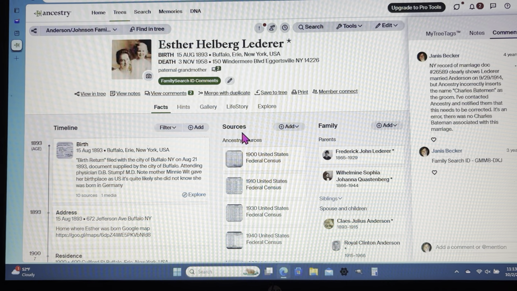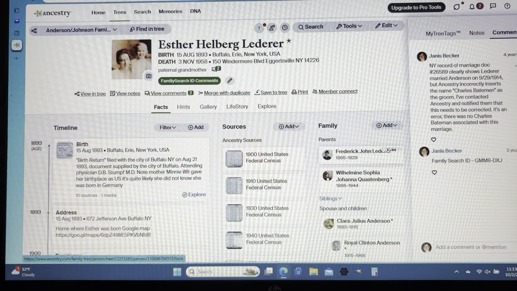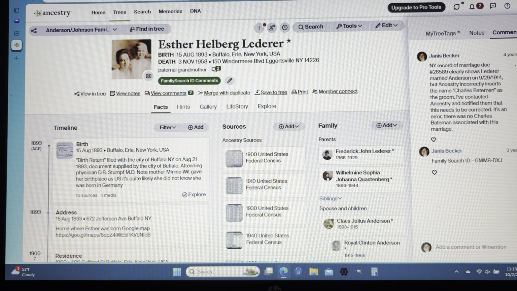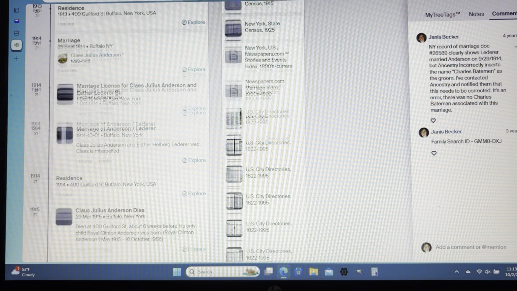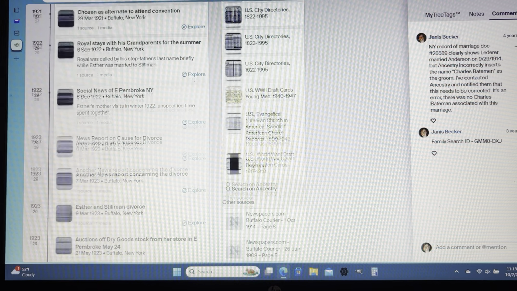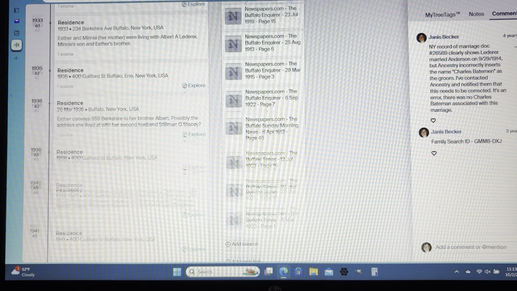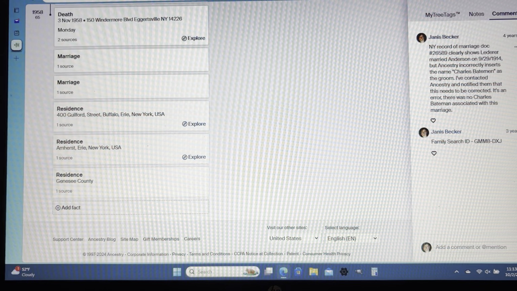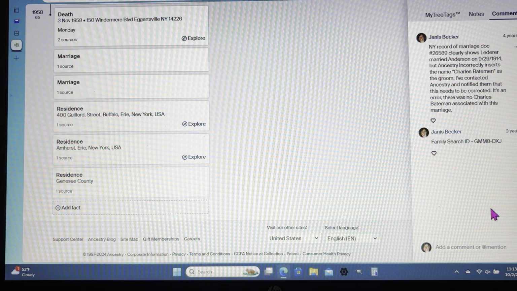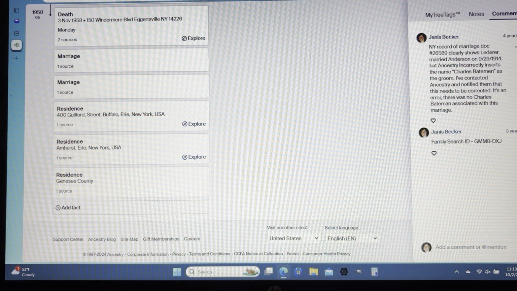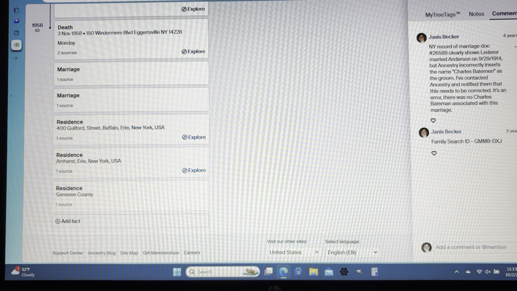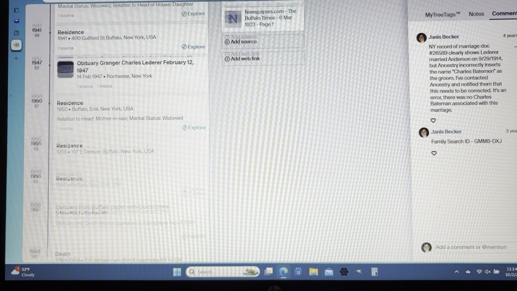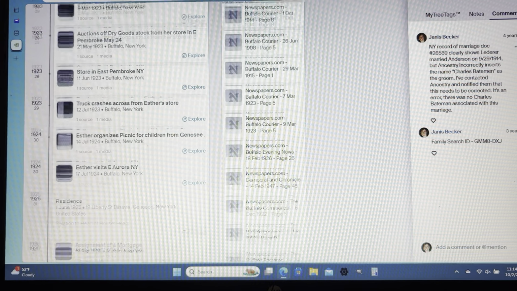On her page, there is a slew of information. This is the top of the page, and it goes down, and all of the information that I've gathered for her. I have a lot for her, because she and her family, especially her father and her grandfather and uncles, were pretty prominent in Buffalo, and they made it into the paper a lot.